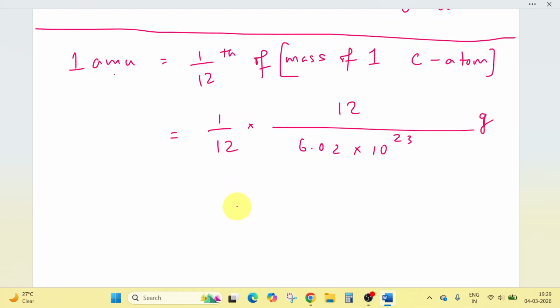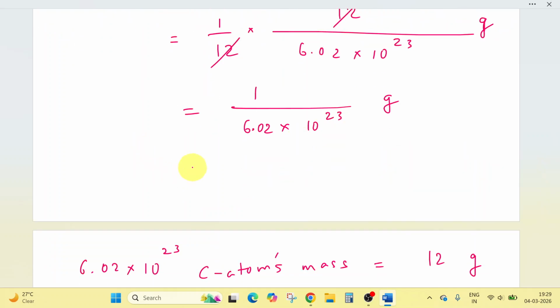Understood? ইয়েস স্যার। এই 12 কাটবে, তো it will be 1/6.02 into 10^23 গ্রাম।